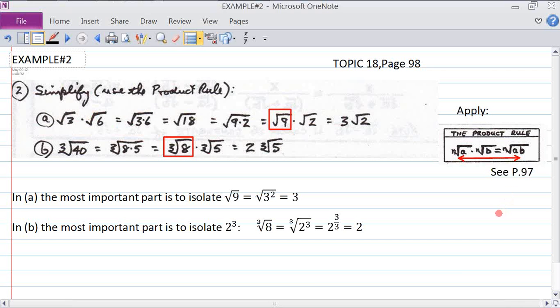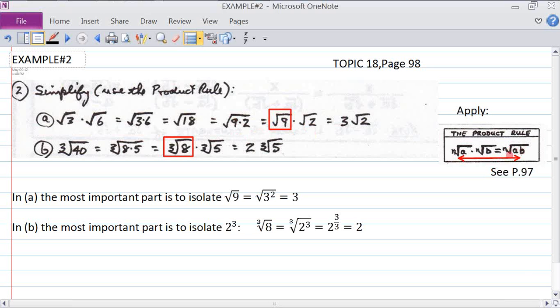So what we're doing here is the product rule: the square root of 3 times the square root of 6 equals the square root of 3 times 6. You can go back to page 97 and look at that. So 3 times 6 is 18. Now we're going to break 18 into 9 and 2. Why do we do that? Because 9 is a perfect square. It's 3 squared. So I can isolate the square root of 9 times the square root of 2, which means